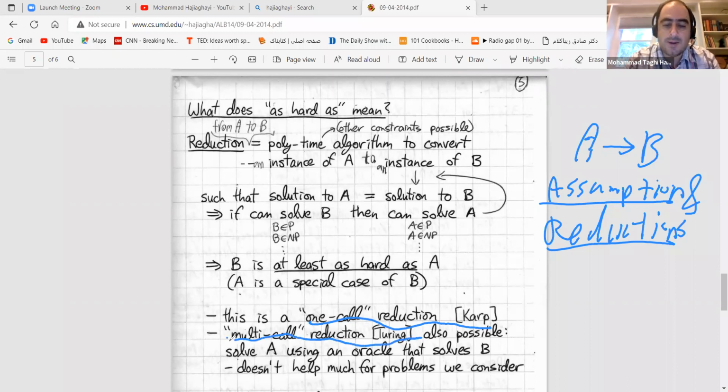So here there is a function that solves the problem B. We may call it more than one time. It turns out, for lots of these classes that we are talking about, especially NP-complete, it doesn't matter whether it is one time or several times, because if it is polynomial, then it is as long as